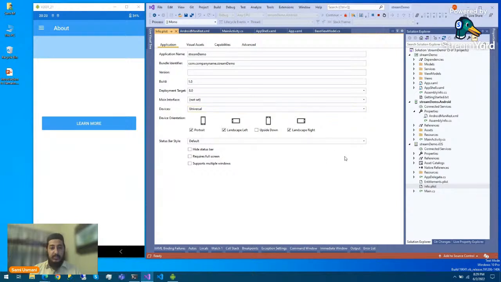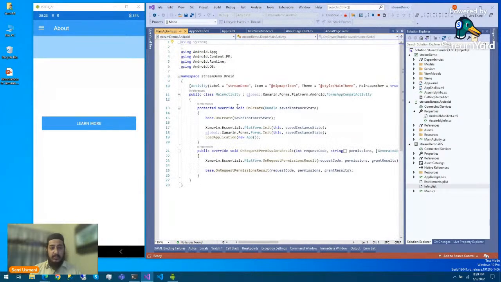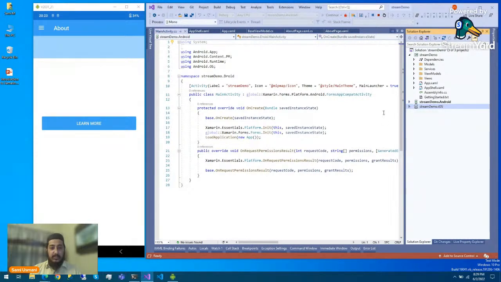All right. So this is the basic introduction from where a .NET developer or any fresh developer can start with Xamarin.Forms. Any sort of development can be done here, you just have to get the idea of what you have to do.